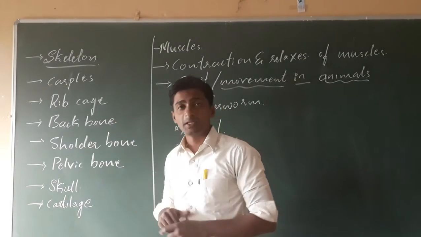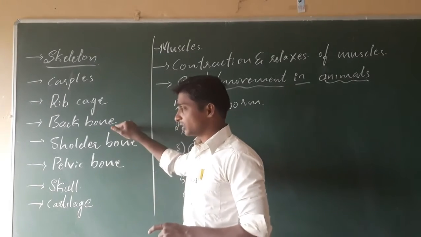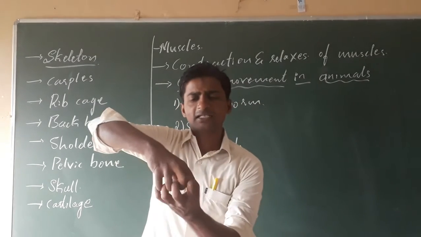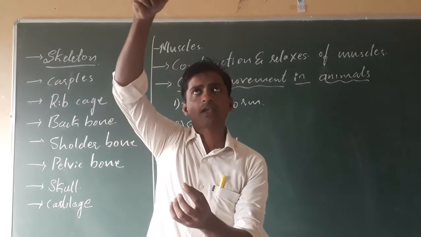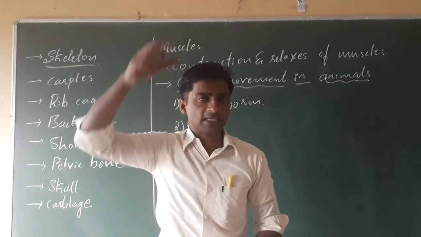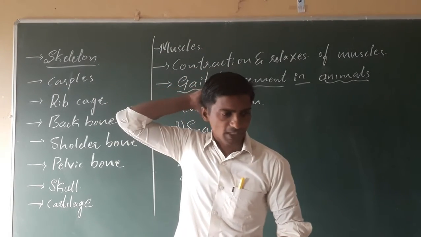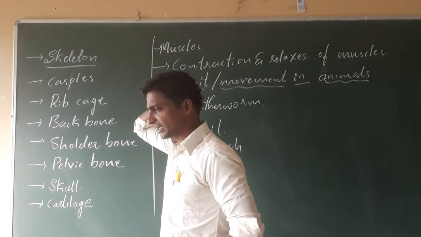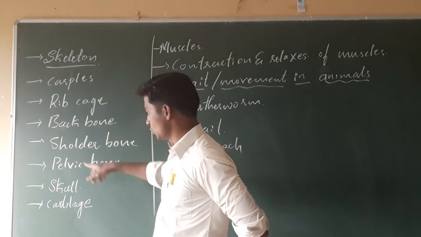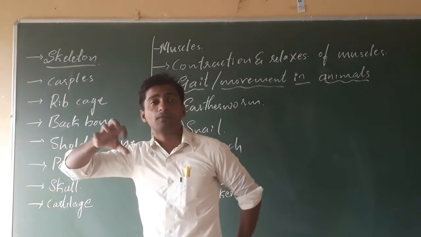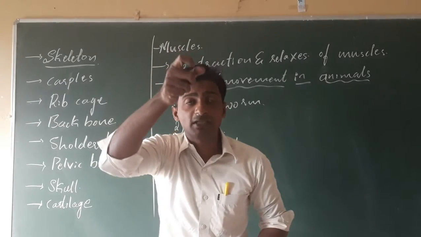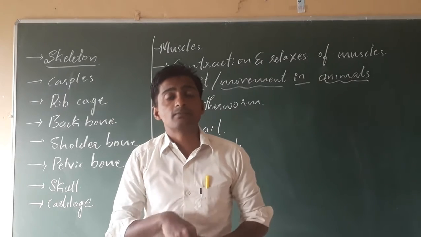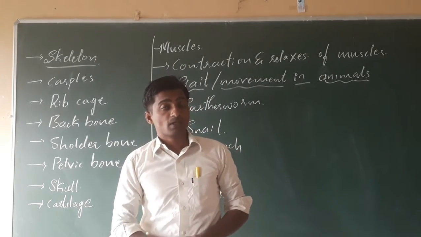That makes the rib cage. Next, that is connected to the backbone. The backbone has a number of units connected to one another. That makes a long structure that starts from the posterior part of the neck, head region, that is connected to the head, and next at the pectoral bone, with a number of units. In between these backbones, a long soft structure is present inside the backbone, that is called the spinal cord.